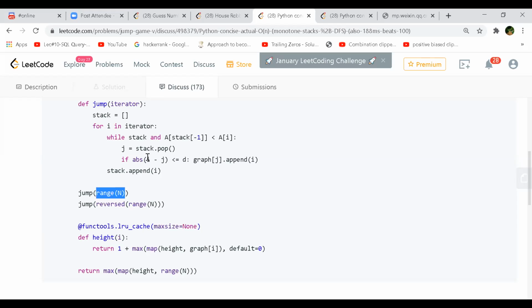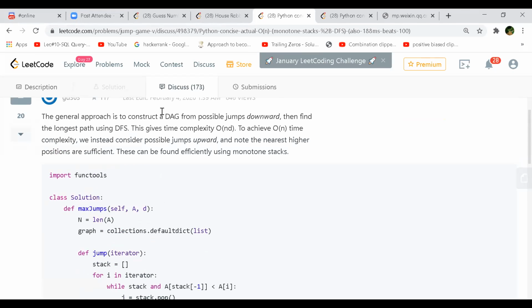The while loop is for the stack. So it comes to almost a similar one, right? But they are mentioning it as O of n. Yeah, that is correct. So if you ignore the fact that d will always be lesser than n, very, very less, so if you see O of nd, and if your d equals n, it will be n square, correct? But we are assuming that d won't be n.